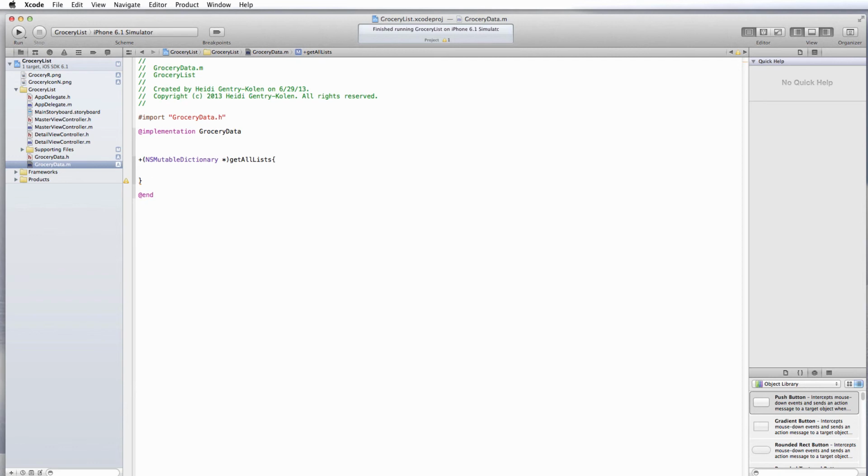So what we're going to do is define allLists as a static variable that will return our mutable dictionary. Now in the next video, what we'll do is write some code inside our getAllLists method to make sure that our dictionary isn't empty before we return it.